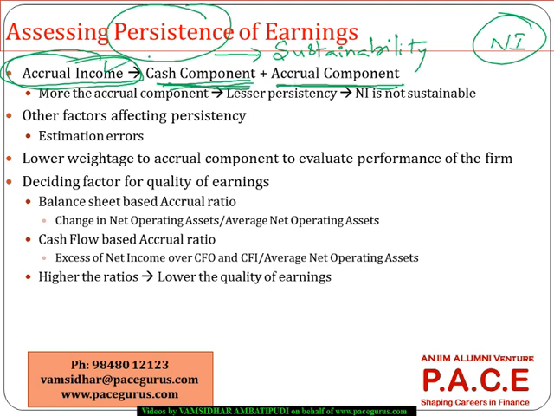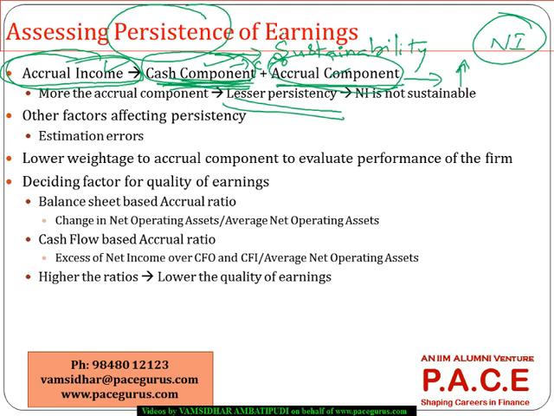From the entire net income, I will find out how much of it is received in the form of cash, which I can get from the cash flow statement, and how much of it is yet to be received, which is an accrual component. Now I will see what percentage is this and what percentage is that. If the accrual component is looking like more and more, it means the proportion that I am yet to receive is very high, which means the persistency levels are much lesser, because if I get more proportion in cash, I have already received whatever the profit that belongs to me,